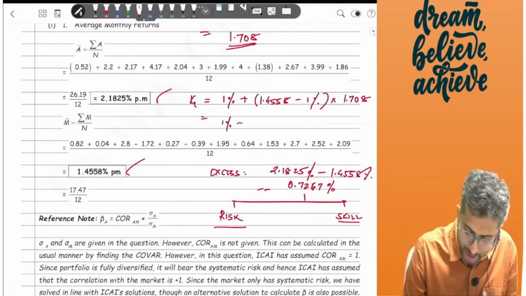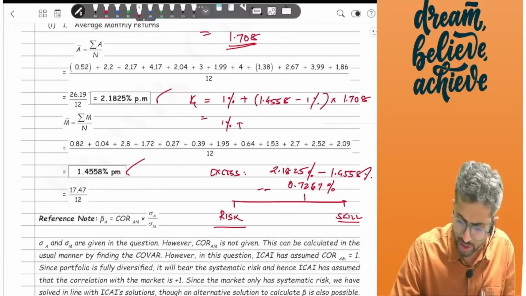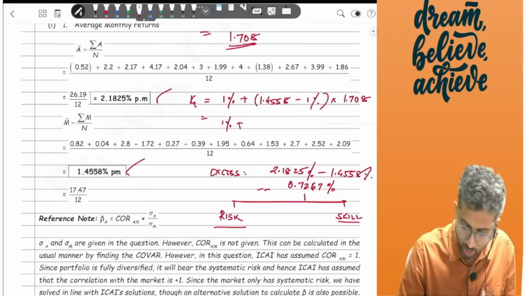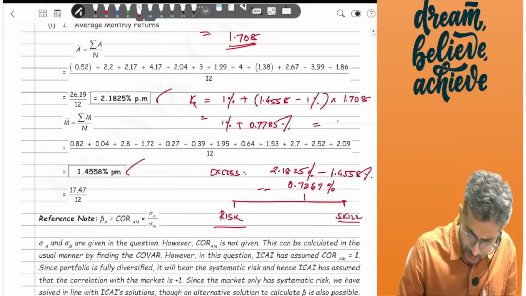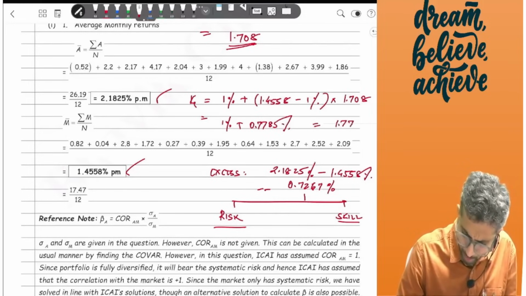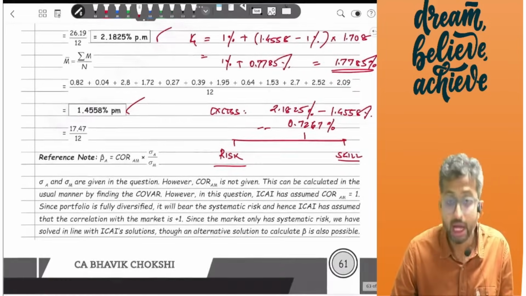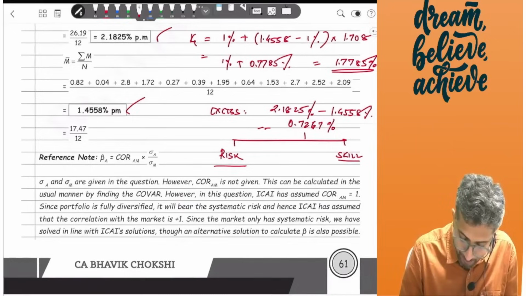So this is 1% plus 1.4558. So this is 0.4558 into 1.708. So this is 0.7785. So we are saying that ideally you should have earned 1.7785 even if you did not have superior stock selection skills, because you are holding a portfolio which is riskier than the market, and hence